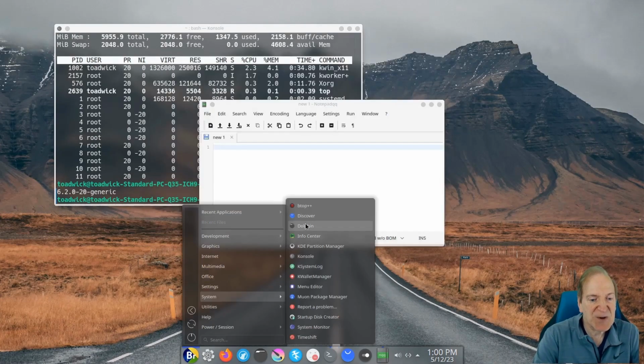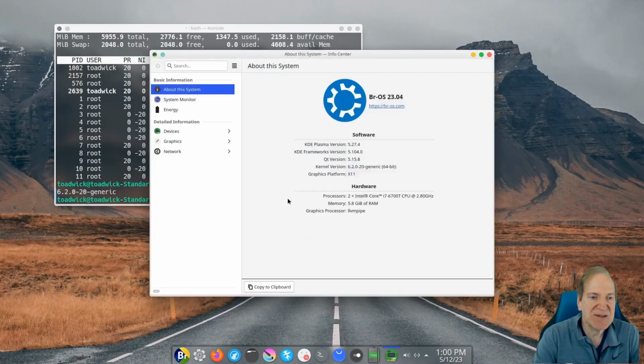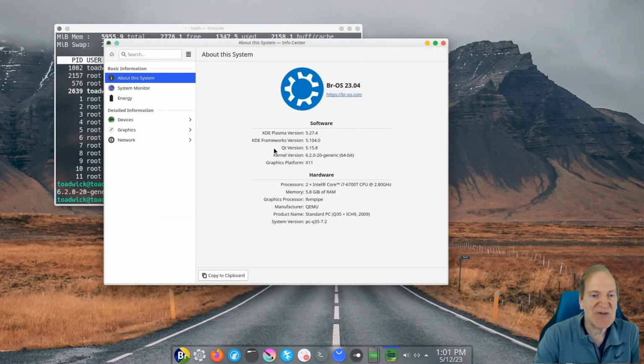And then of course we got our Dolphin file viewer, our Info Center, which I think is probably related to drivers and so forth, but our system info, that's what it is. So since we got it open, might as well take a look at it. So KDE Plasma 5.27.4, quite up to date with Qt 5.15, and again our